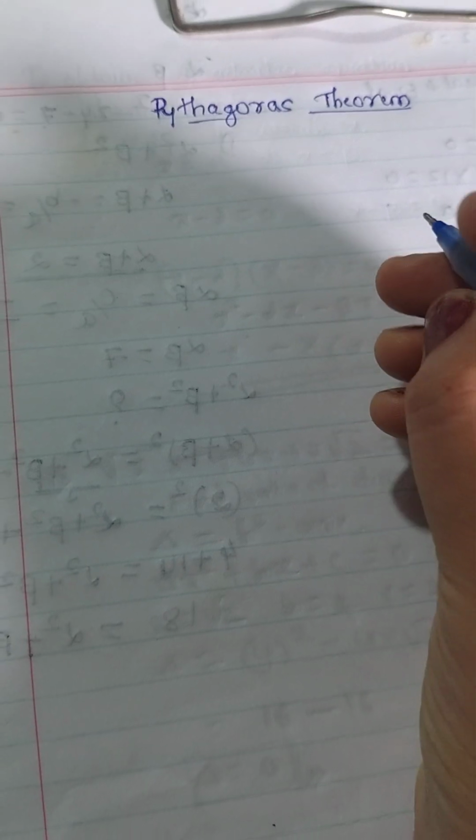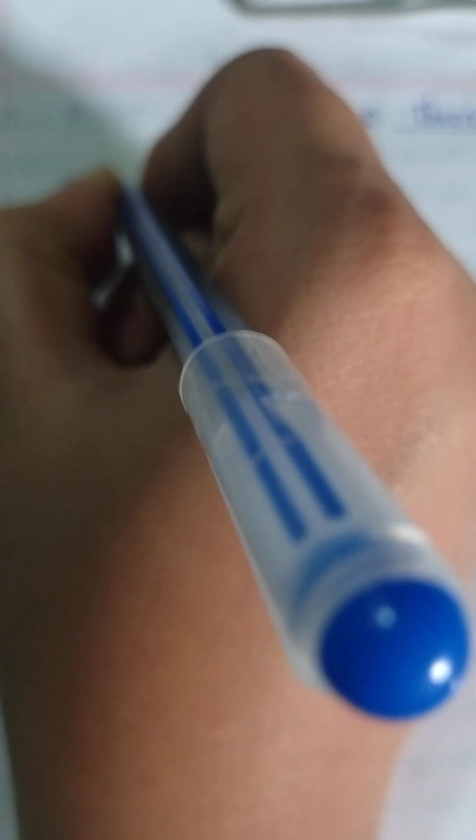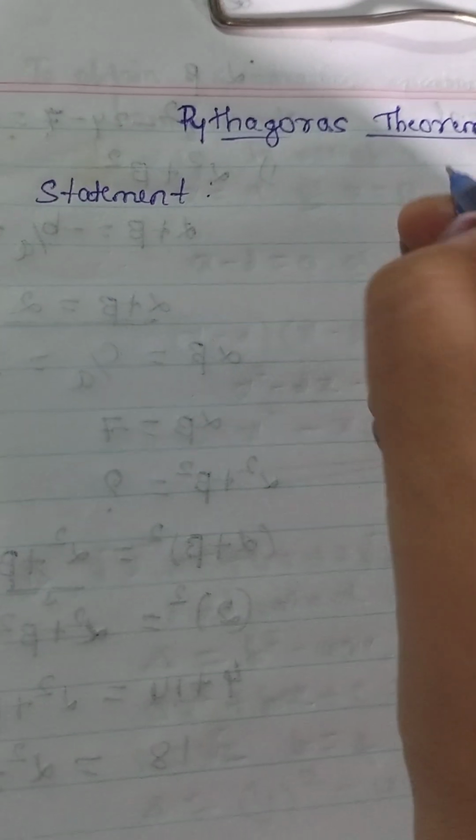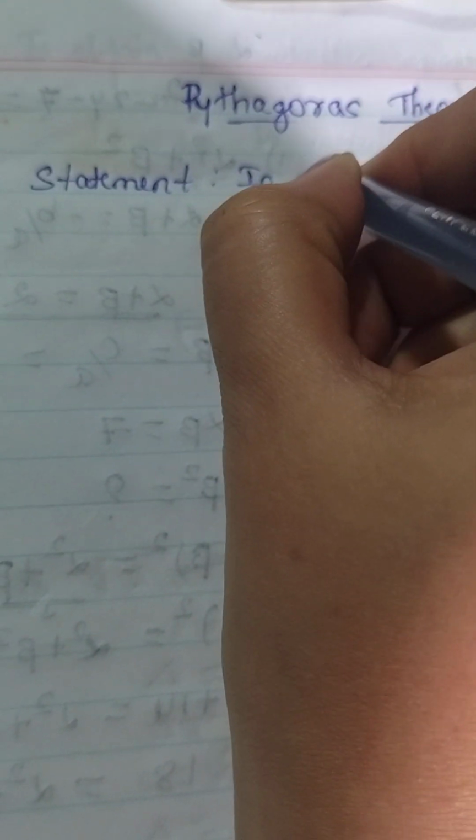Hello students, now I am discussing Pythagoras Theorem. So, the statement of Pythagoras Theorem. The statement is, in a right angle triangle,